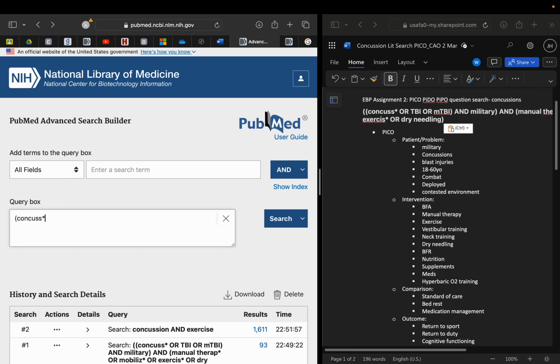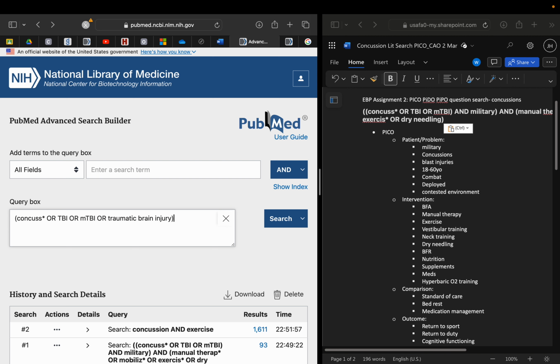And then also thinking about how there are different phrases, synonyms for concussion, we could use the Boolean operator or: concuss, asterisk, or TBI, or mild TBI, or traumatic brain injury,